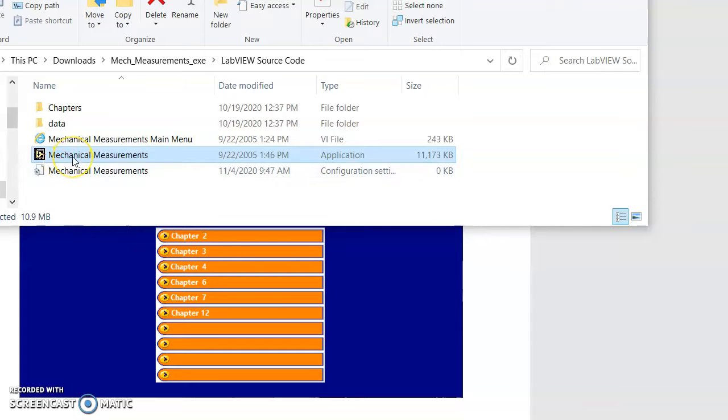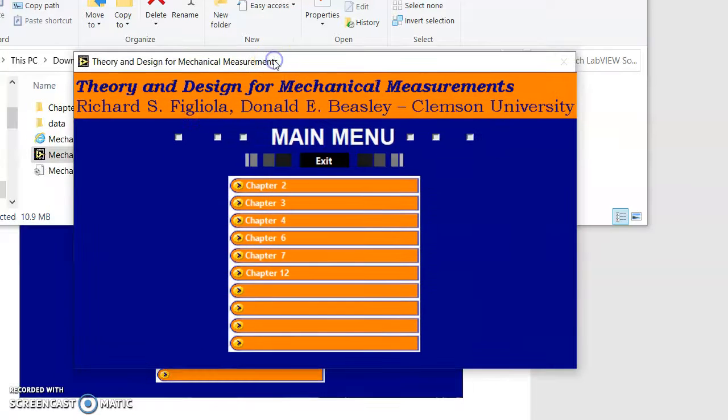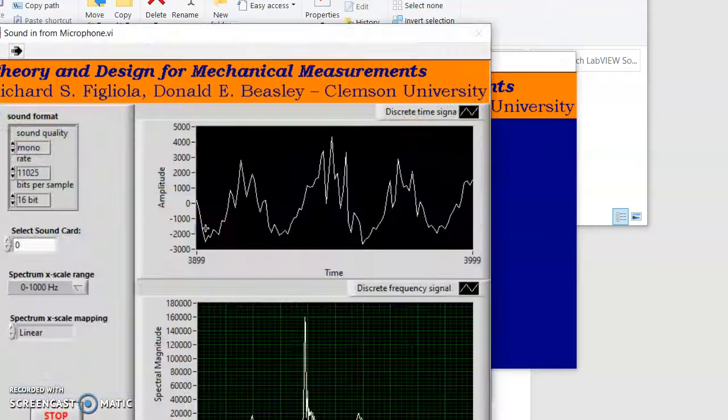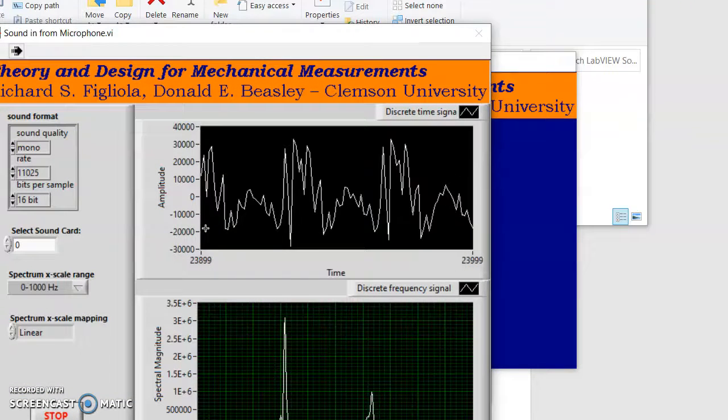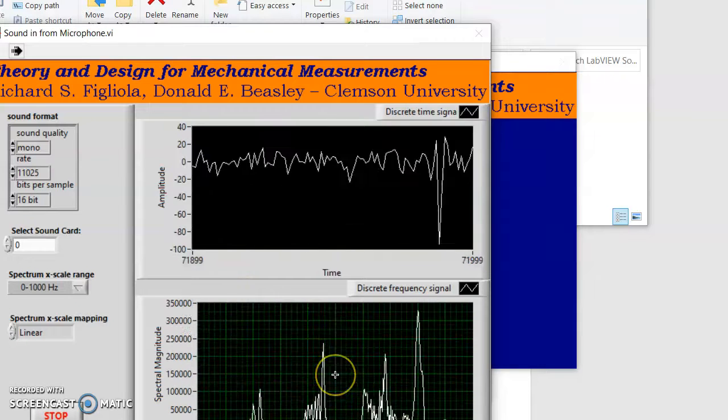You go on the mechanical measurements, double click on it. It will open to this window. See where it has the chapter 2. Click on it and it gives you instruction about the sound from the microphone and the waveform. And so you can follow the instructions and, look, as I made that loud voice, you see all of that instruction